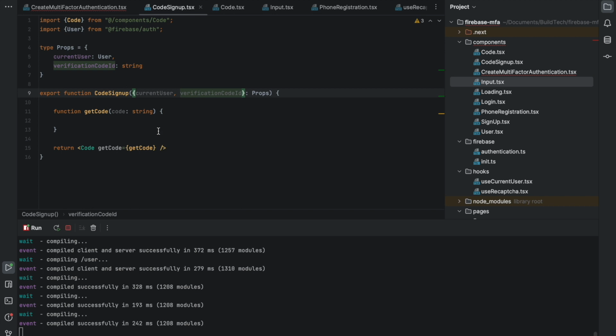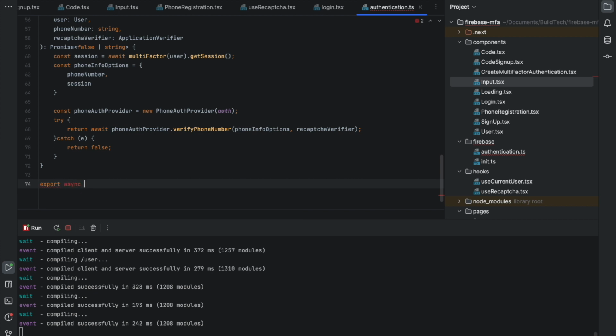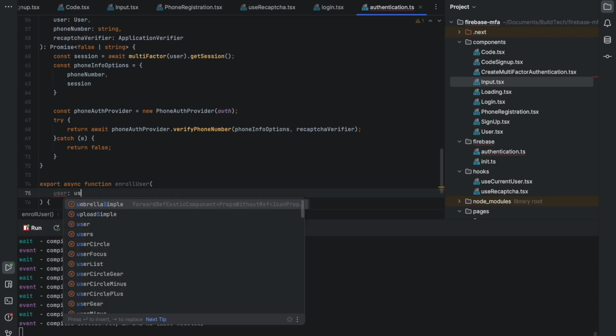Now we are going to implement this function get code. Inside of the get code, we are going to check our code. First thing we have to do is to enroll the user. If the user provides a correct code, now the user will be able to be enrolled to the second factor authentication. Let's create an async function. We export an async function. We'll call it enroll user, and it will take user as a parameter,